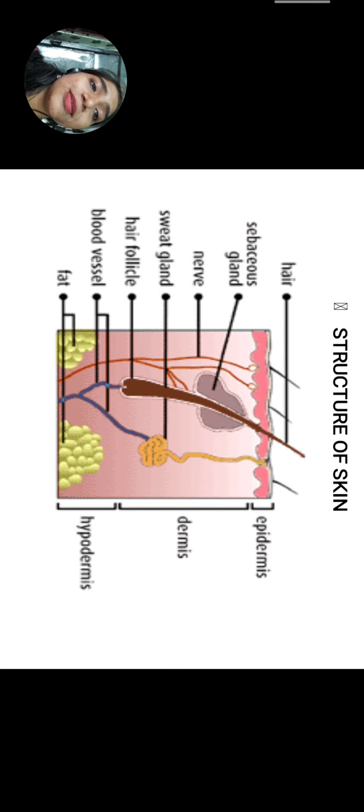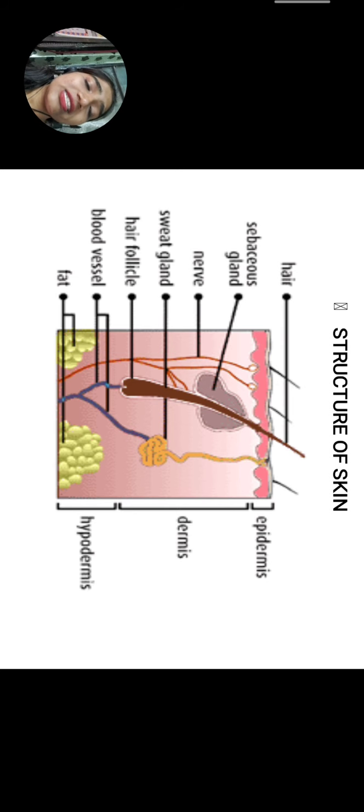After that, in the dermis, we have our nerves. The nerve endings are there, which helps us to understand the sensations like hot, cold, pain, and all those things. Then we see that there is a hair follicle. As I told you, the part of the hair which is over the skin is known as a hair shaft, and the part of the hair which is rooted, from where the hair grows, is known as a hair follicle. That is under the skin, and hair is nothing but dead keratinized cells,